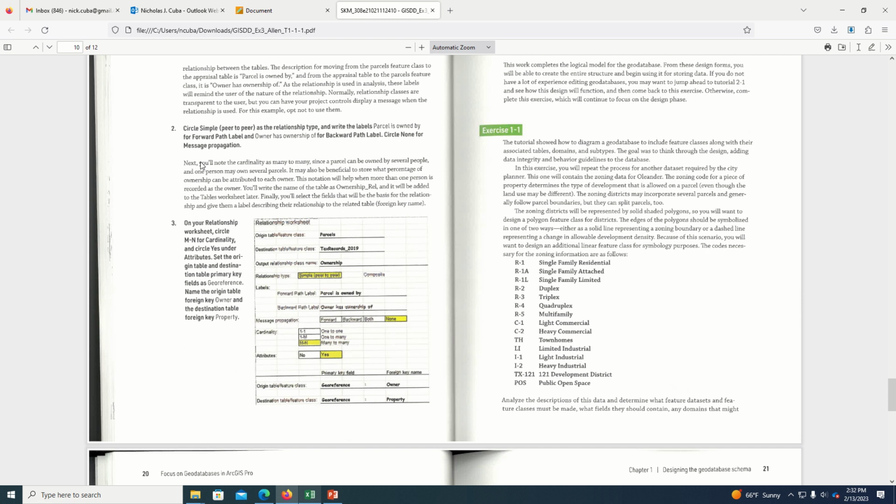It's not necessarily expanding or presenting anything new from the tutorial, but it's asking you to essentially go through the same steps as the tutorial, but without the step-by-step instruction and the helpful images that might point you to things. So it's more independent work. But if you go through and read what you need to do for the exercise, it's essentially asking you to